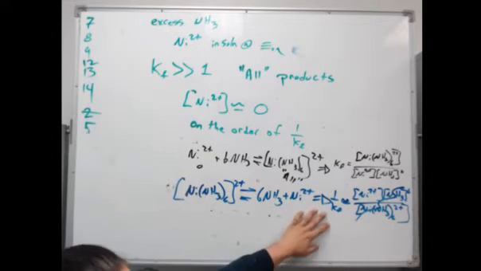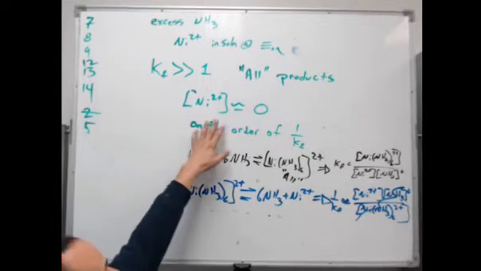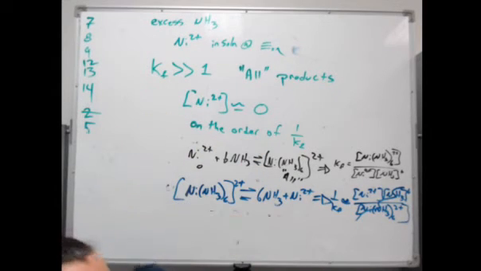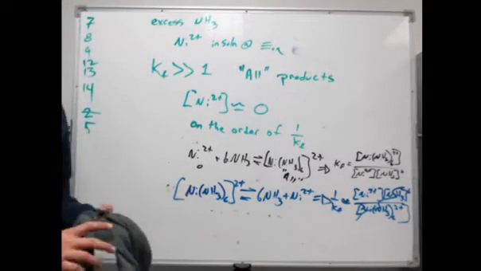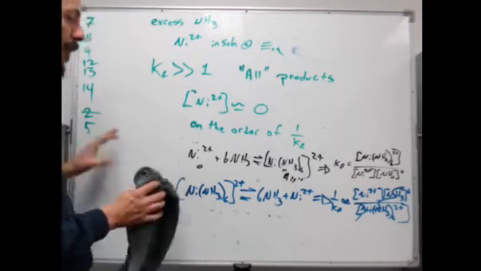But really, since the KF is a huge number, we know that the nickel concentration is going to tend towards 0, towards a concentration of like 10 to the minus 15, 10 to the minus 18, 10 to the minus 20. All of it's just a thought experiment, right? And one of the big problems, I'm going to go ahead,